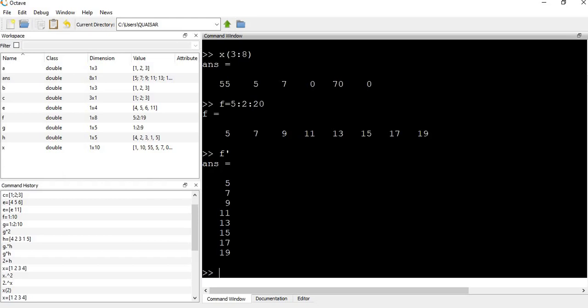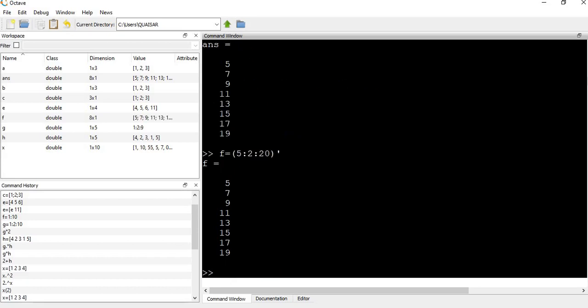This is converted from a row to a column vector. Or you can also simply write F equal to bracket 5:2:20 bracket close and transpose. So it will make a column vector with values from 5 to 20 with an interval of 2.